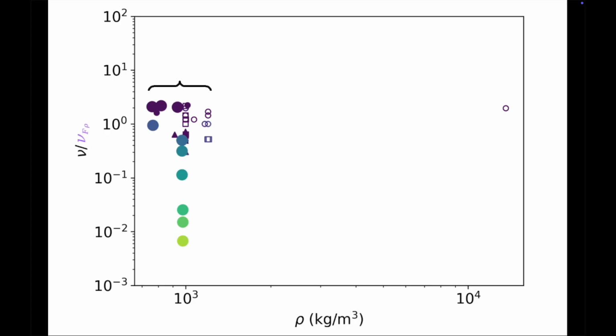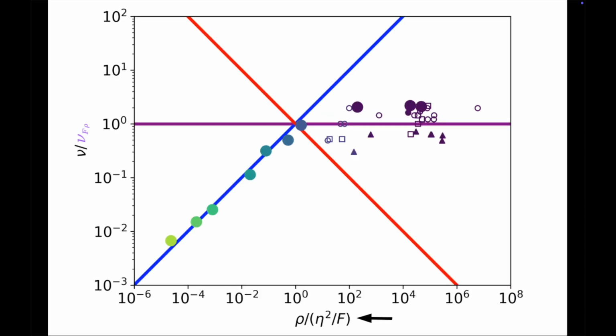But the density is given in kilograms per cubic meter. And these arbitrary units are convenient standards for us, but they mean very little for droplets and bubbles. Most of these fluids have a similar density in these subjective units, but if we scale this density by the viscosity and force relevant to these droplets and bubbles, then, well, we recover something familiar, where two regimes are clearly present. Although the fluids may have first appeared to have similar densities, when these densities are properly scaled, they range over 12 orders of magnitude.